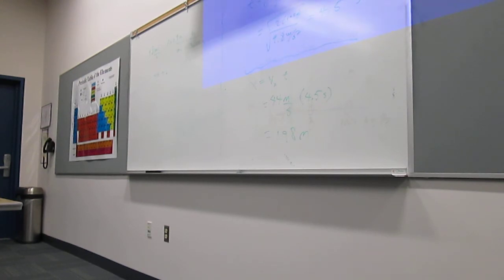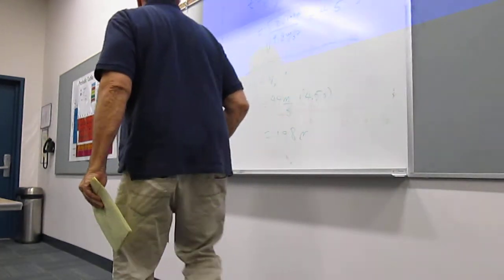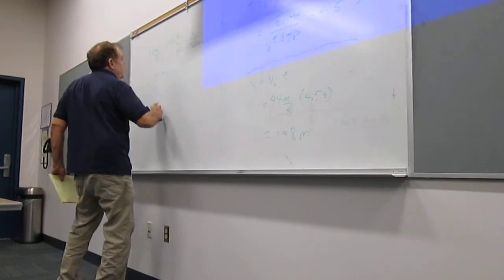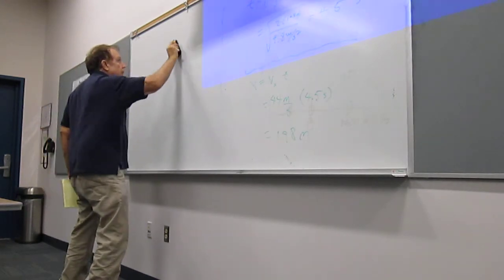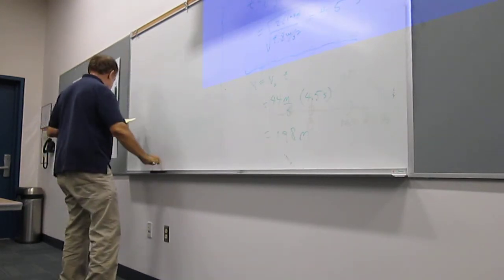So with problems like this, you always just write down the equation of motion, the equation that gives position as a function of time, in other words, for each car, and then you set the two x's equal. So for the accelerating car, we have, according to what they told us,